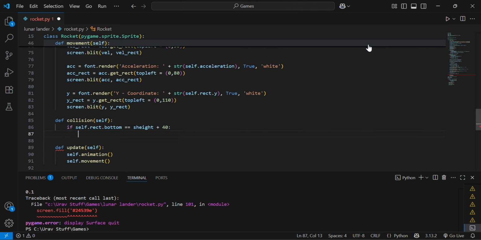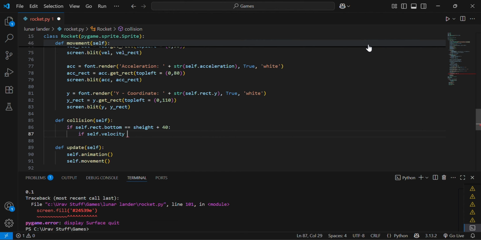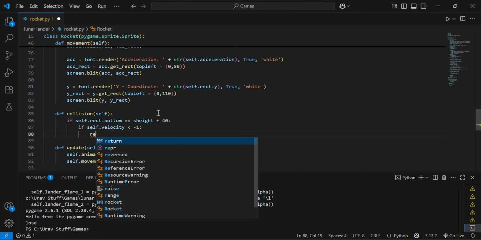And we want to check if the velocity is too high, so we'll do if self.velocity is less than -1. That means if it's falling too fast, what we want to do is we want to return